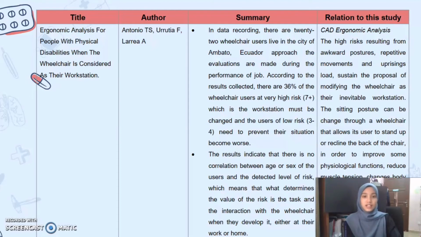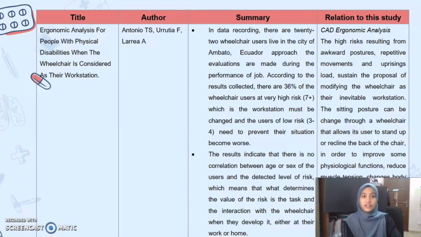The results indicate that there is no correlation between the age or sex of the users and the detected level of risk, which means that what determines the value of the risk is the task itself and the interaction with the wheelchair when they do some work. And for the relation to the study, which is a study about CAD ergonomic analysis,